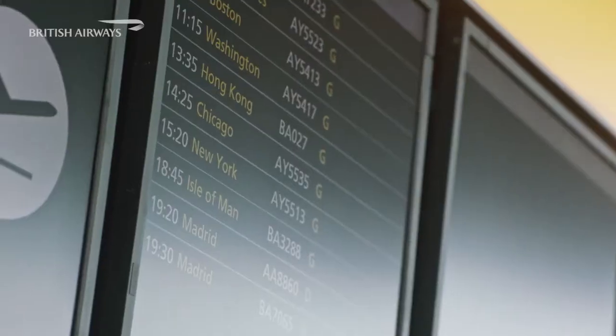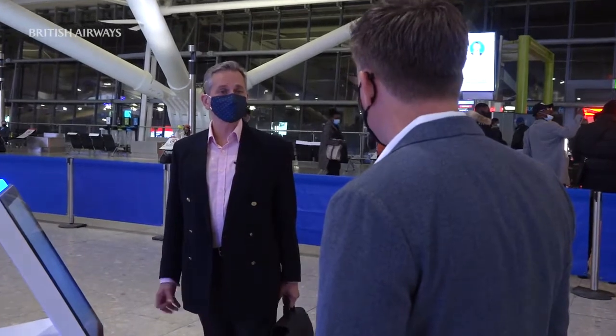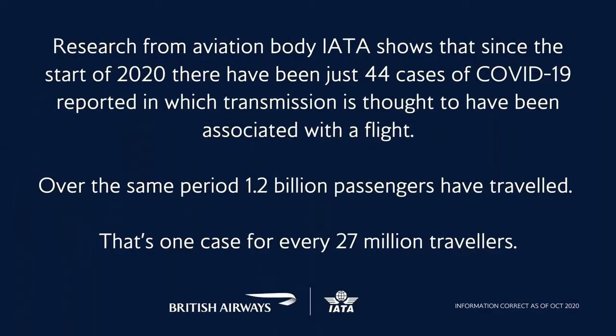I'm at London Heathrow Terminal 5 and I'm joined by Dr Mike Harrigan, the head of the medical team here at British Airways. And we're going to talk through many of the enhancements we've made to the traveler journey to ensure the safety of our travelers and our customers. Air travel remains safe even during the coronavirus pandemic. We're committed to doing everything that we can to ensure the safety of our customers and our colleagues as they